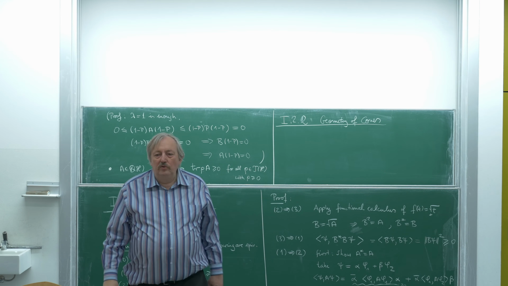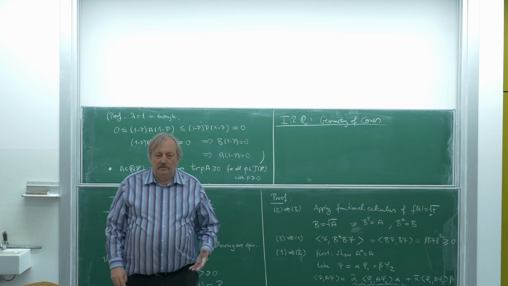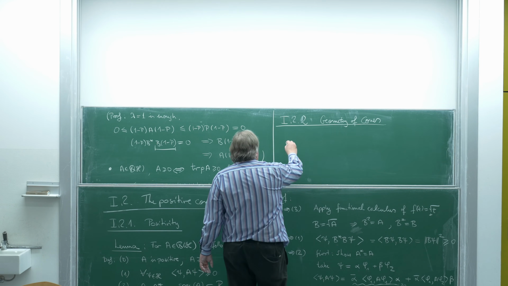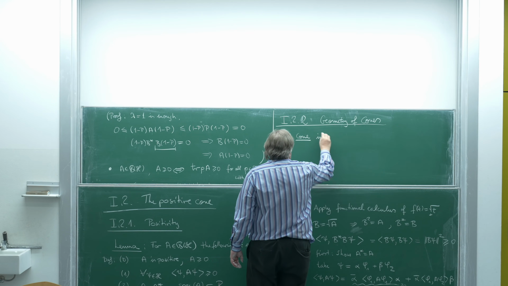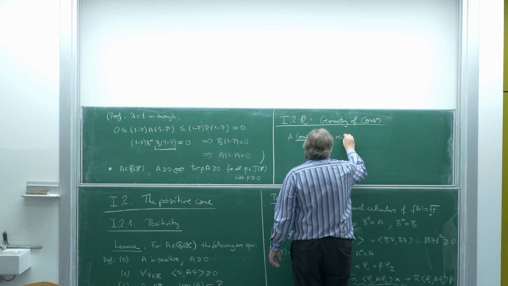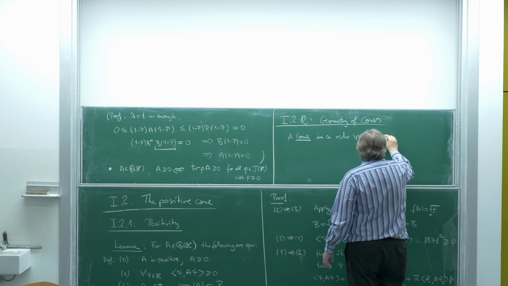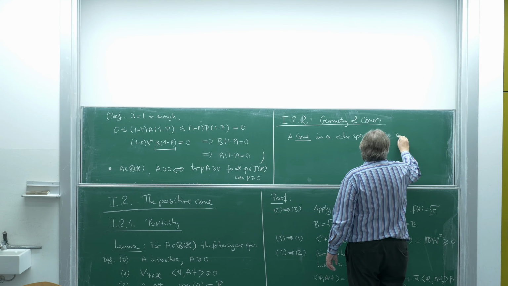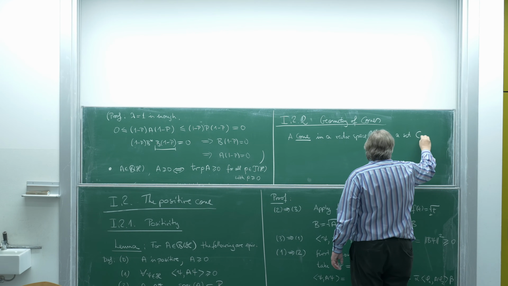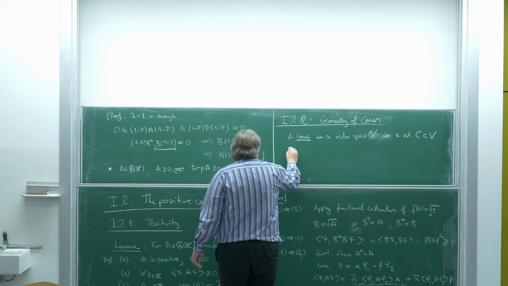So this duality of cones is one of the geometric properties of cones. So first of all, what is a cone? Right? So a cone in a vector space, let's say, from the vector space V, is a set C, so it's a subset of the vector space, such that